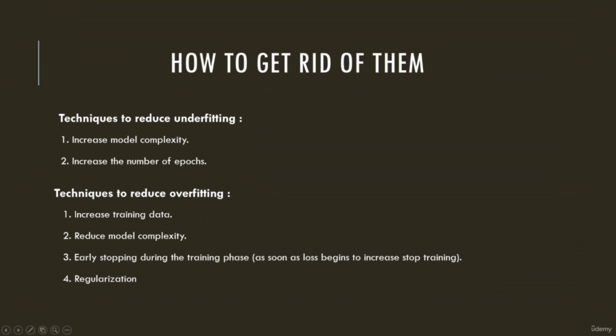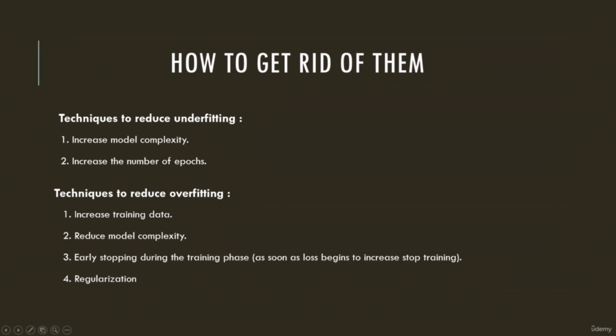That is, add more layers or add a few neurons to the model. We can also reduce underfitting by increasing the number of epochs, that is the number of cycles we go through. To reduce overfitting, we can use different techniques, which are increasing the number of training data, that is providing the